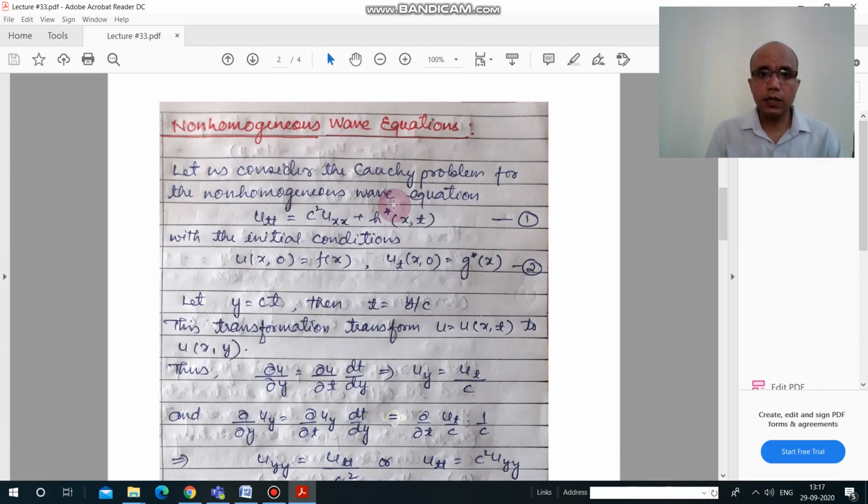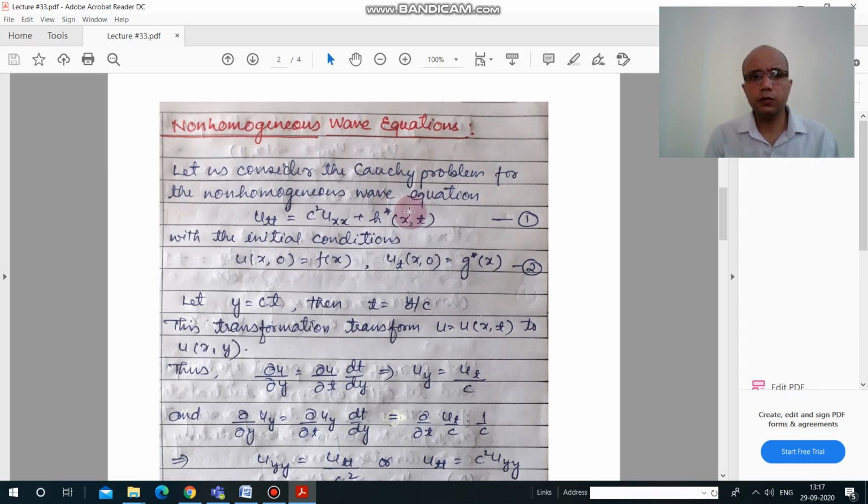That's why all previous equations were homogeneous wave equations. In some of the cases we have studied non-homogeneous boundary conditions, but in those problems only the boundary conditions are non-homogeneous. Clear? You must be able to differentiate between non-homogeneous boundary conditions and non-homogeneous wave equations. Non-homogeneous boundary conditions means you have to check only boundary conditions and these conditions are non-homogeneous. But when you are talking about a non-homogeneous wave equation, then you will see this second order partial differential equation and this part is non-zero. Clear?